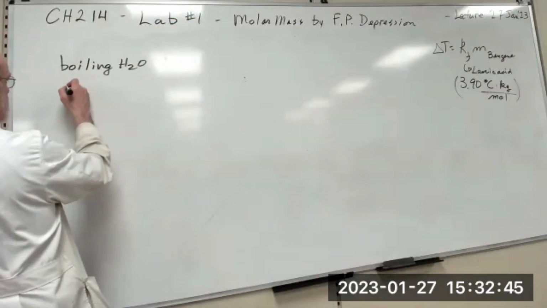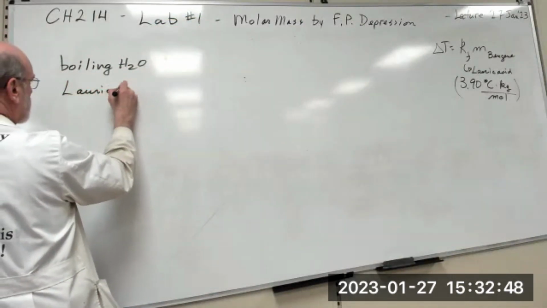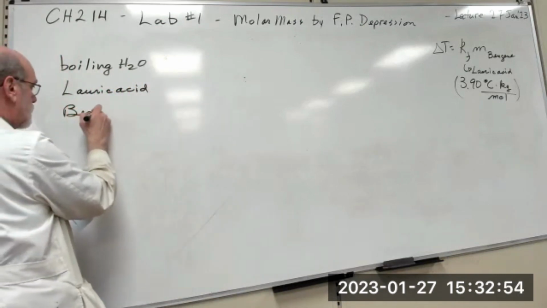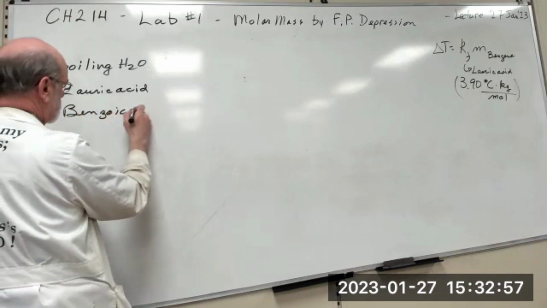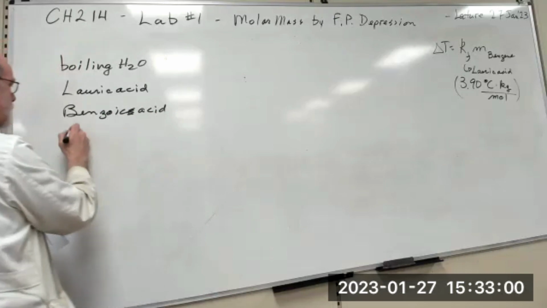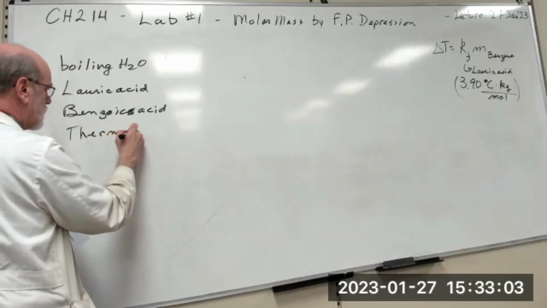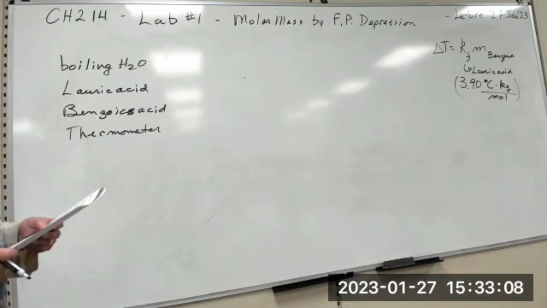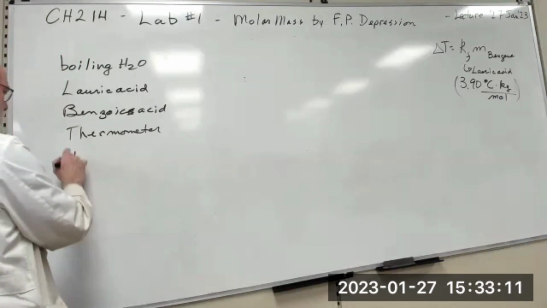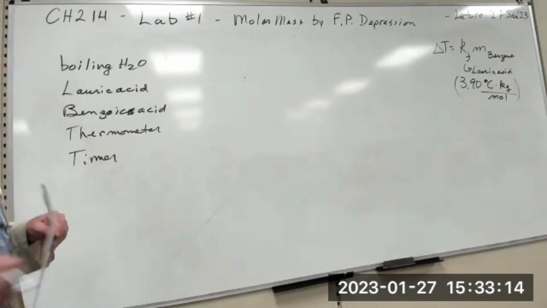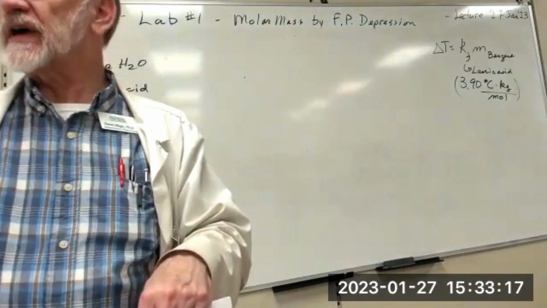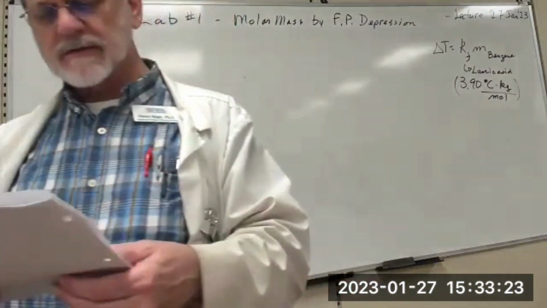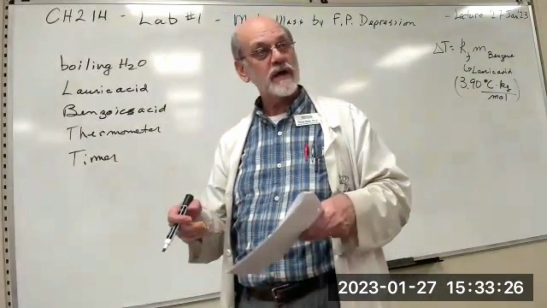So you need lauric acid, and you need benzoic acid. You need thermometers. You need 2 of them, I think. You need a timer of some kind, because you're going to measure the temperature of your cooling substance over time. I think every 30 seconds, you'll record the temperature, and that way you can